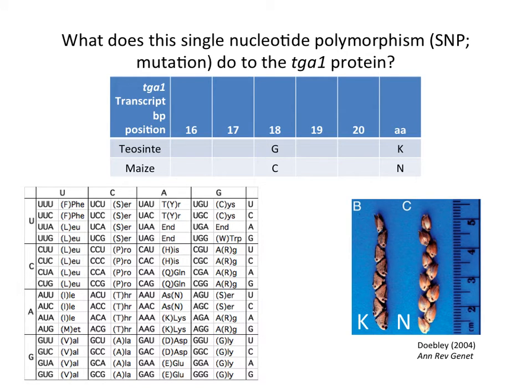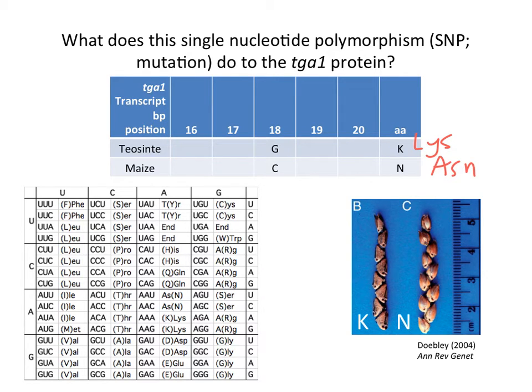So in the abstract of this paper, the authors say, and we saw this in the previous table, at position 18 in the transcript, there's a G in teosinte, there's a C in maize. The authors also tell us in the abstract that the amino acid that's produced when you have a G is K, that's lysine. And if you have a C at position 18, that makes amino acid N, asparagine,